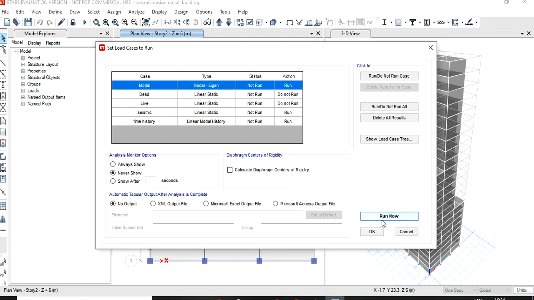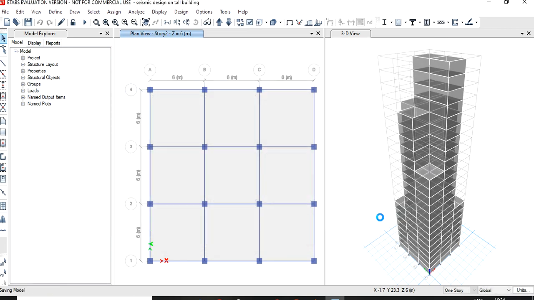So go to run now. It is a 23-story building, so it takes too much time for the run analysis.